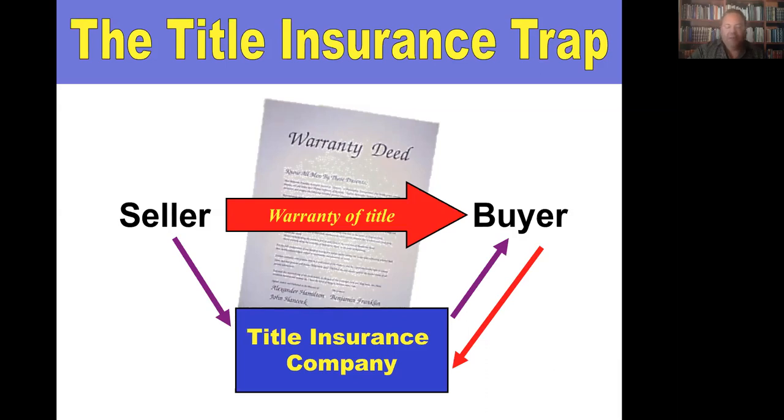The title insurance company will pay to fix the claim, and then what they do is they inherit that claim that the buyer had against the seller under the warranty deed for breach of warranty. That's a process known as subrogation. Subrogation, your $50 legal word for the day. So almost every insurance policy has the right of subrogation in it. If they pay a claim, the title insurance company or any insurance company inherits the insured's rights, their claim against who caused the wrong, and then they go after that party. So the title insurance company then sues the seller for breach of warranty.